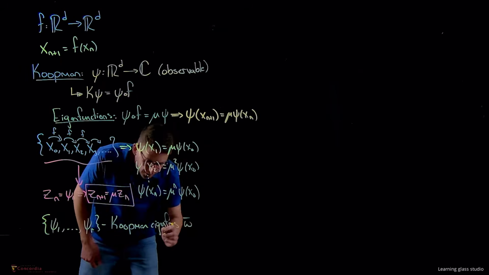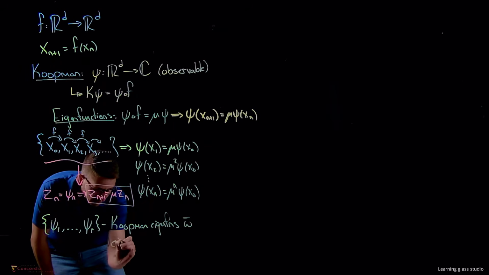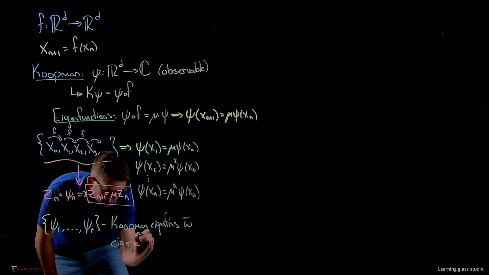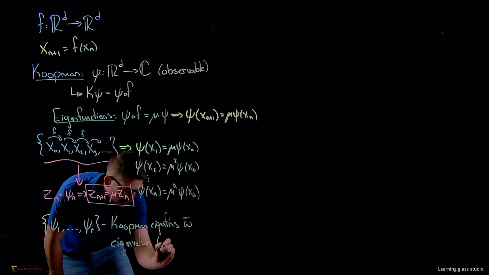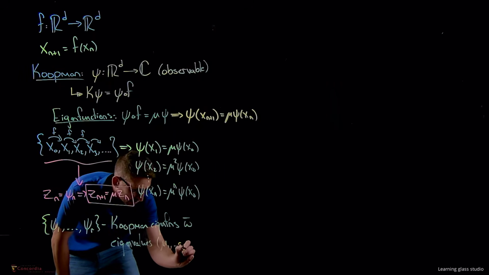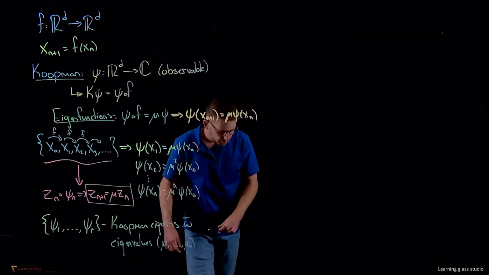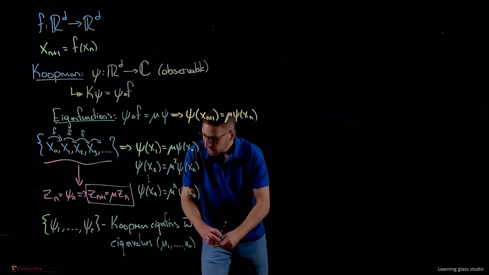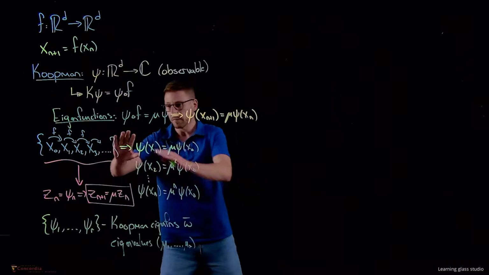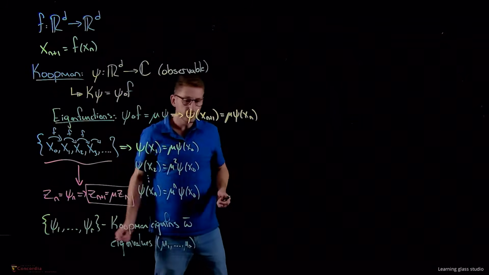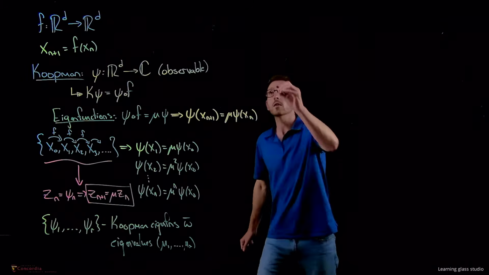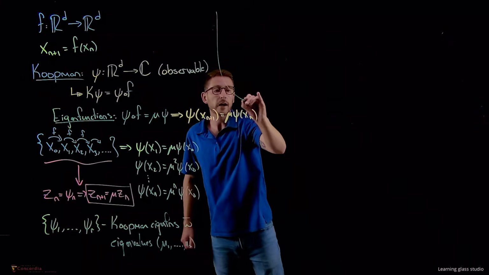And let's assume they have eigenvalues, mu 1 all the way up to mu r. Remember, these things could be complex valued. That's totally fine with me. But if I repeat this whole task for every single Koopman eigenfunction here,